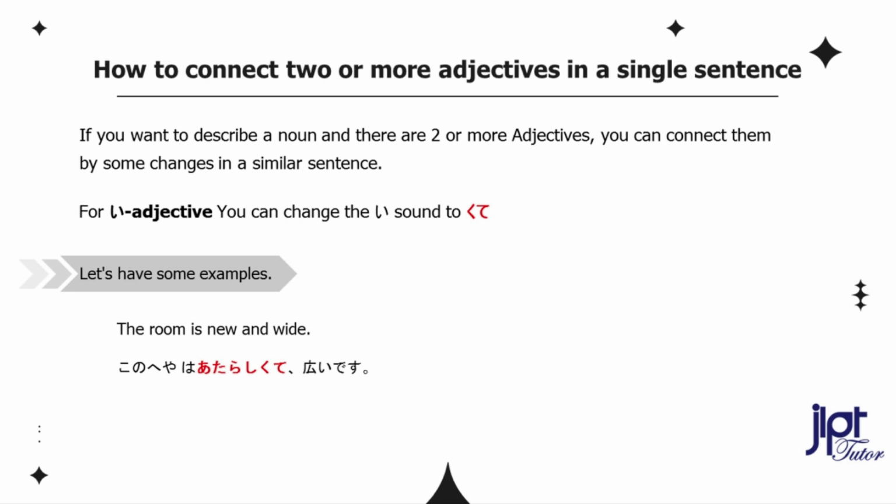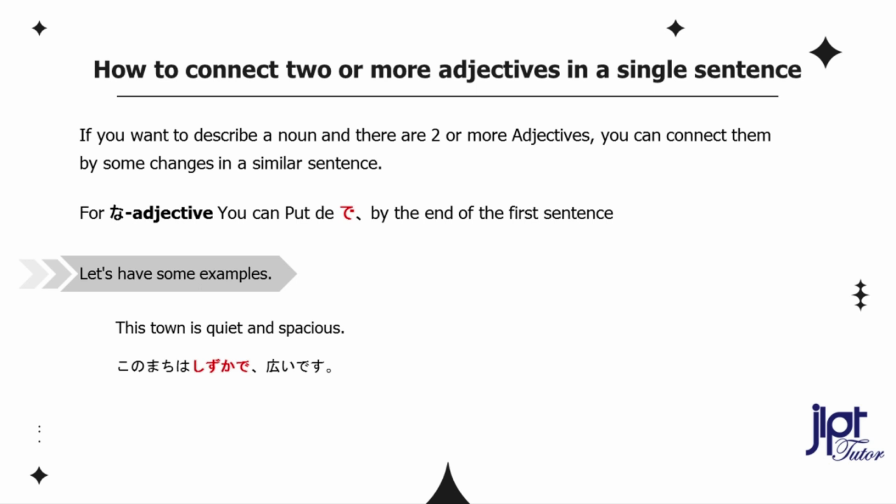How to connect 2 or more adjectives in a single sentence. Now let's learn how to connect 2 or more adjectives in a single sentence in Japanese. If you want to describe a noun and there are 2 or more adjectives, you can connect them by some changes. For i adjectives, you can change the i sound to kute. Let's have some examples. The room is new and wide. この部屋は新しくて広いです。